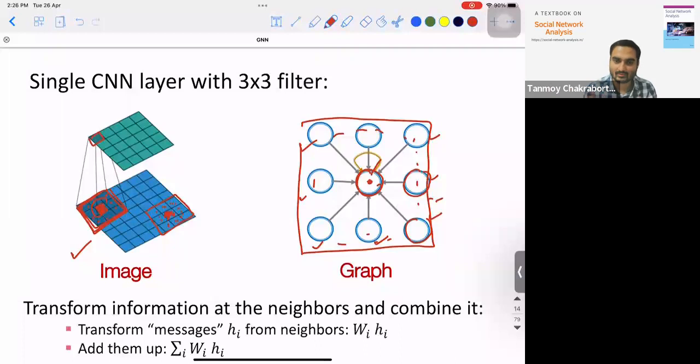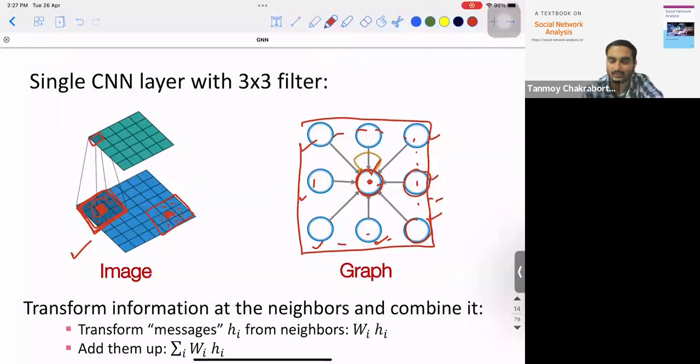Now at timestamp 2, my neighbors may send another message, because at time t, I got updated, my neighbors also got updated. So at time t plus 1, I will further receive new information from my neighbors. Those information will further be aggregated along with my old previous knowledge, and then I will get an aggregated knowledge representation, and so on and so forth. This is the idea. And we do the same process for all the other nodes independently. So this is basically a message passing paradigm,